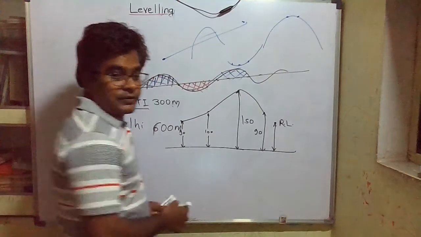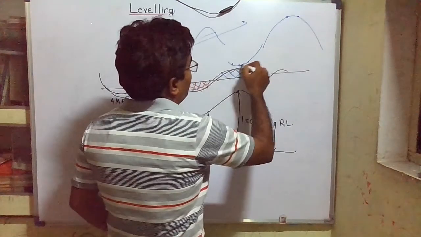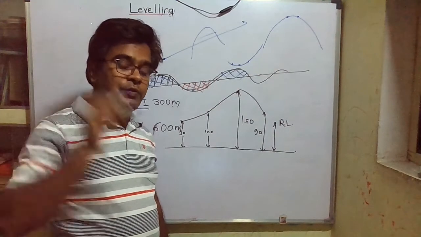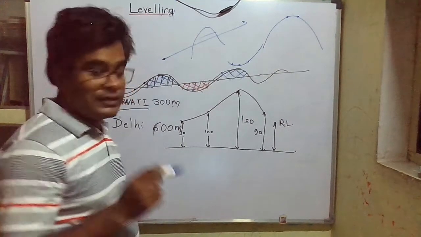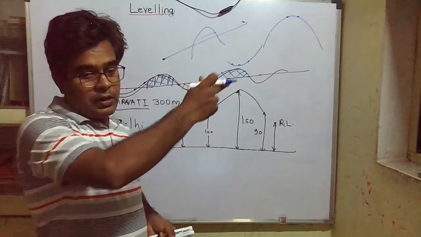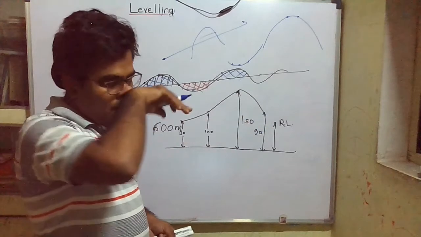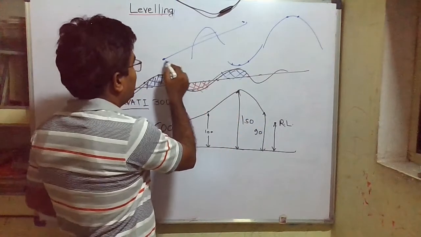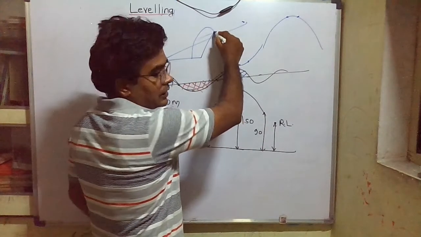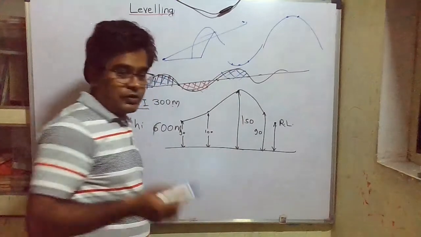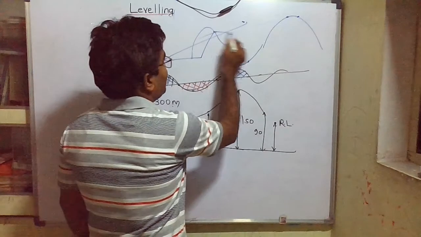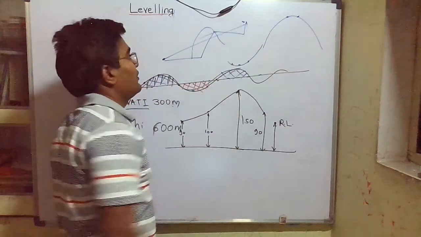Okay, and this idea we can get by knowing the RL of different points. By knowing the distances of all these points from the datum, we can know which point is at higher elevation, which point is at lower elevation, and then we can decide the path for the road. If there is some valley coming, we can cross that valley. We can change our route like that. If there is some hill coming, then we can change our route like that. Again, if there is any town or city coming there, then again we can change our alignment like that, and then we can finalize our route.